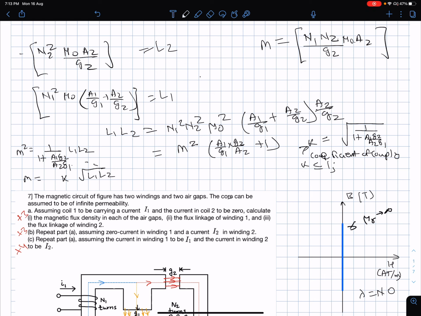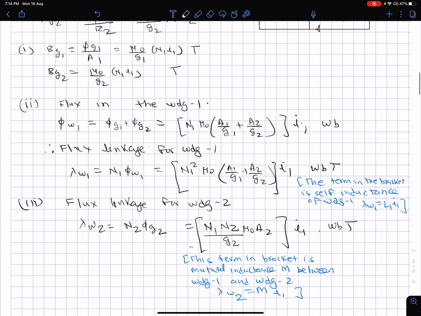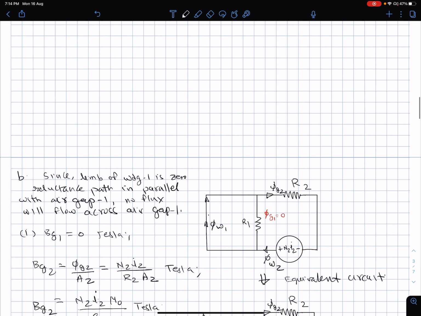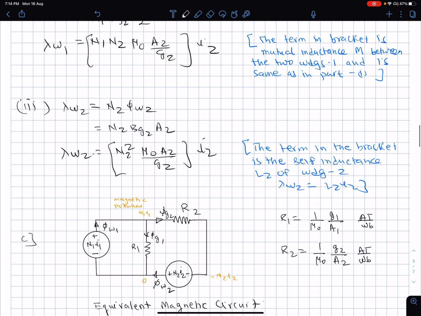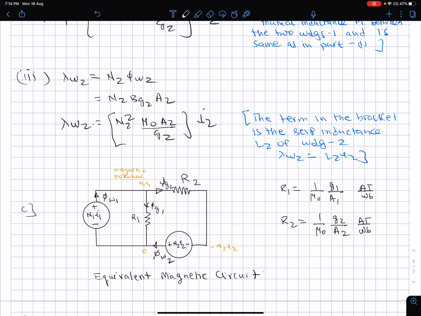In simple geometries, you may get it as 1, but actually it is less than or equal to 1 under ideal conditions itself. And if there are further issues to be handled due to leakages and fringing, that may bring this mutual coupling coefficient even further below 1. But you can check here that it is, as I expected, less than 1. Okay, so now this part is also done.